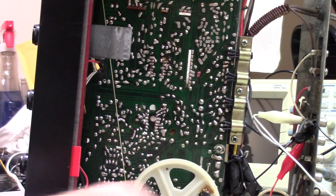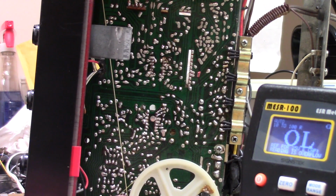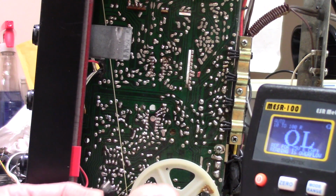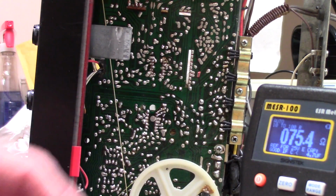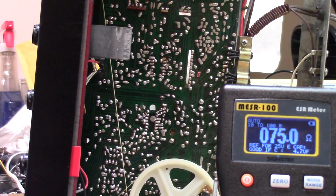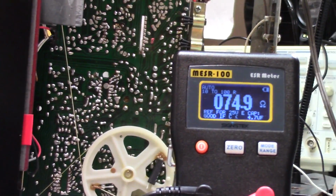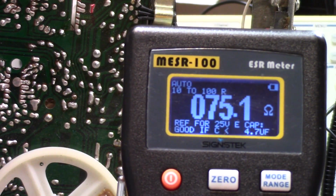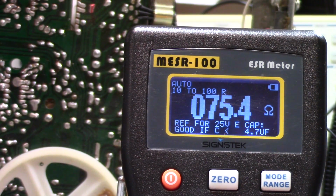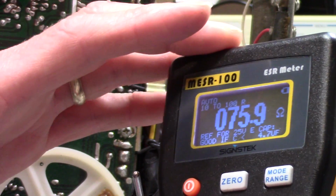But I don't think that's a good thing. Let's see. There we are. Okay, now, I think you can see this. All right. Remember, move the opposite. I think you can see on the bottom, it says reference for 25 volt cap. This one happens to be a 50 volt cap, and 50 volt caps tend to